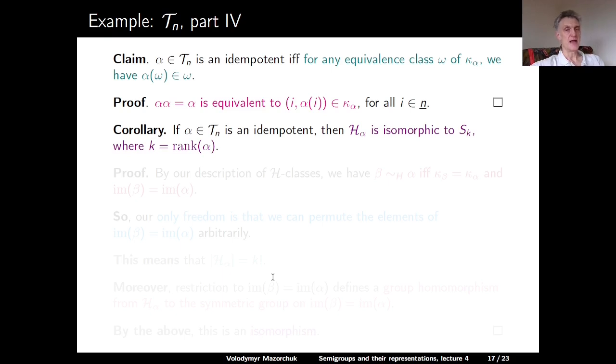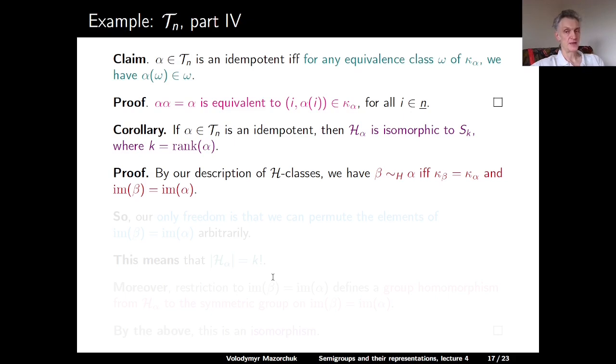As a corollary, if an element alpha in T_n is an idempotent, then the H class of alpha, that's the maximal subgroup which corresponds to alpha, is isomorphic to the symmetric group S_k, where k is the rank of alpha. So the maximal subgroups of T_n are symmetric groups, where the index of the symmetric group is the rank of the element. Proof. By our description of H classes, an element beta is H equivalent to our idempotent alpha